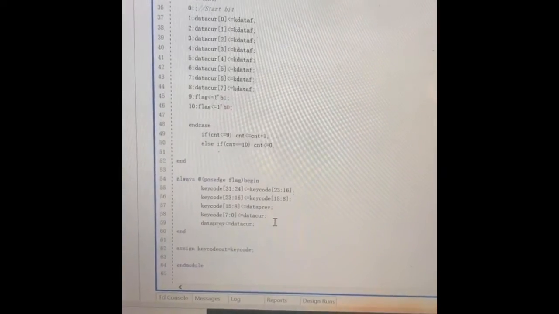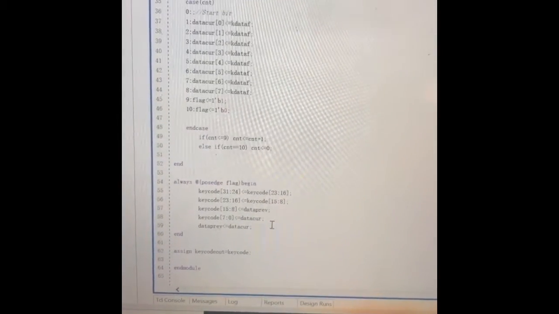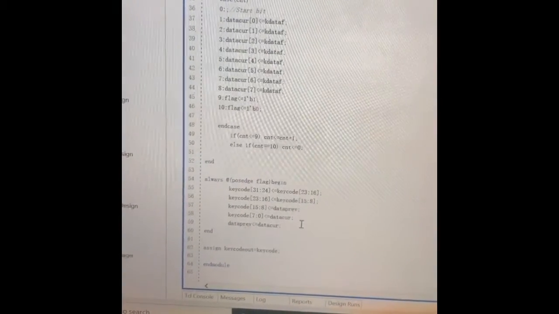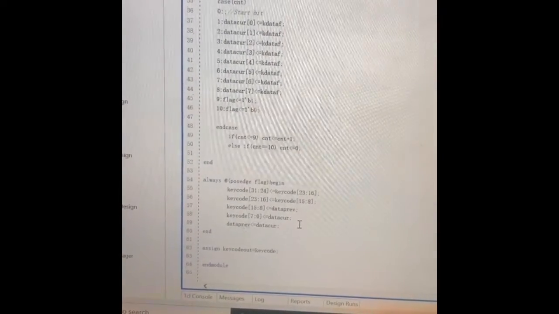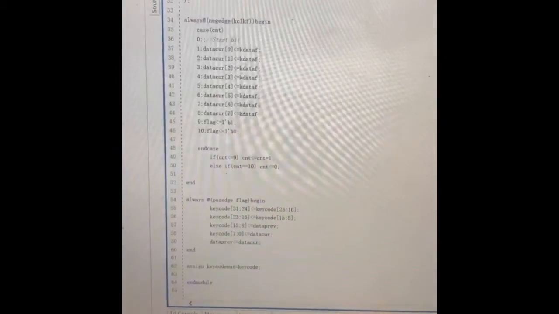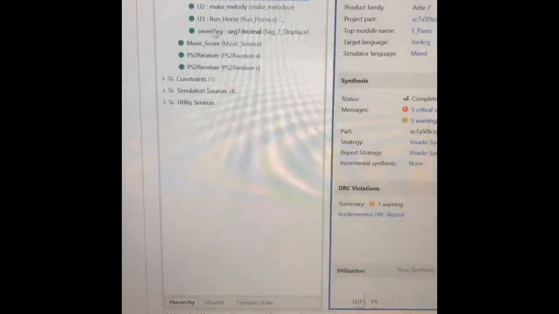From the left is the most recent previous key that the user clicked, and we just keep shifting to the left, just keep shifting. After that is our